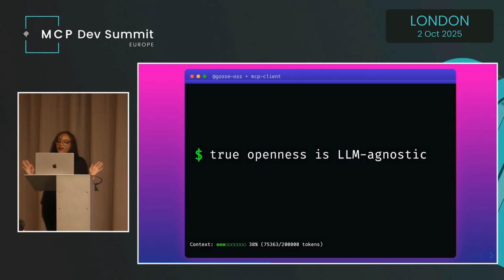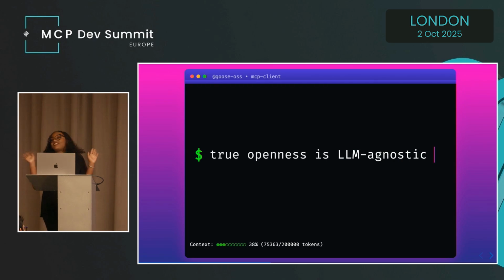Now, call me a conspiracy theorist, but I get a little nervous about vendors who are controlling both the agents and the models, right? If we really think about this, if you're paying based on token usage, it's kind of in their best interest to have the client maybe take the scenic route to get your task done, you know?